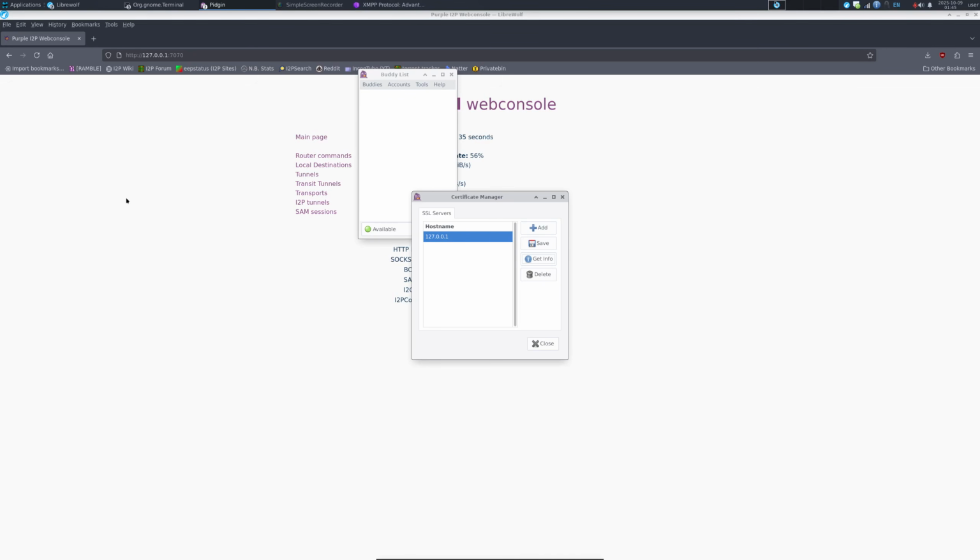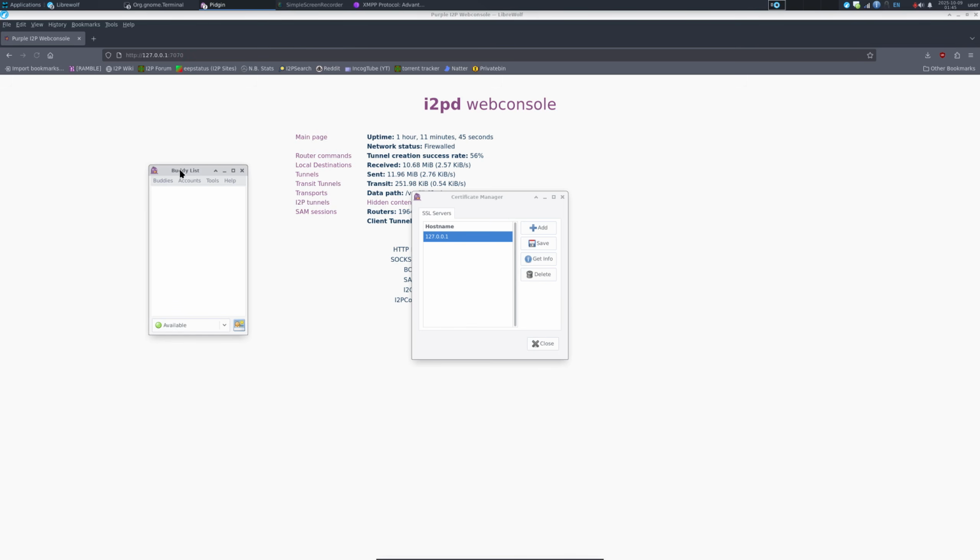What's going on, guys? Today I'm going to be showing you how I set up an I2P hosted XMPP server. If you aren't familiar with XMPP, it is probably the very best option for communication. And given the chain of events in recent years, I feel like communication is really key. So I'd like to go over how I set this up with you so that if you have an interest